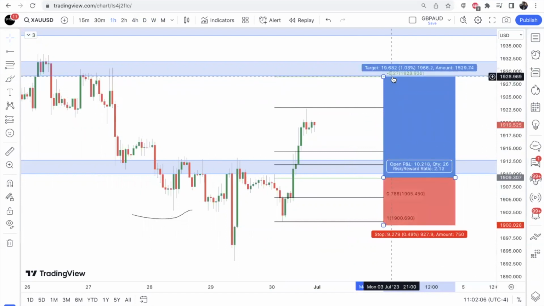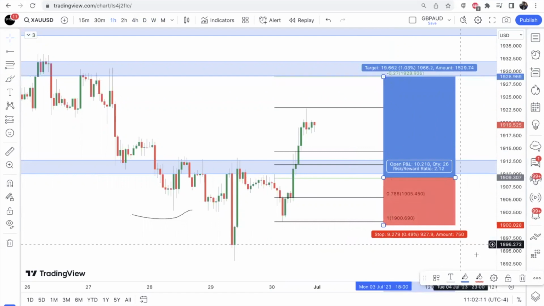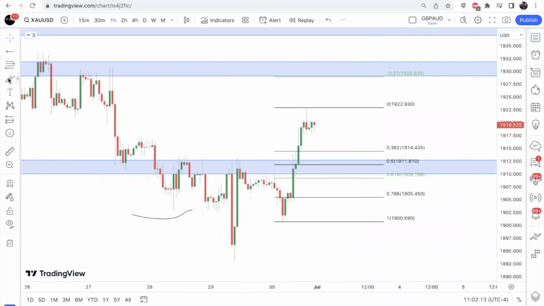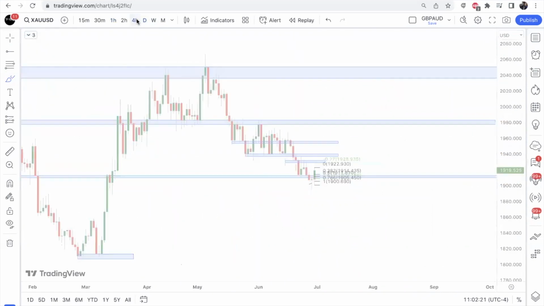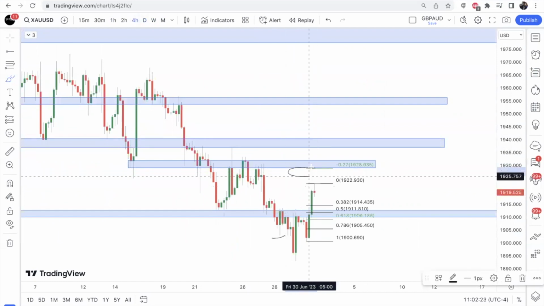So that still would be a nice 1 to 2 risk to reward opportunity. So I may look for something along those lines. But overall, expecting a bullish wave after this correction. Because once we come back to this high, looking at the area I'm looking for a target is here. This is a level where price could potentially reject and fall from.